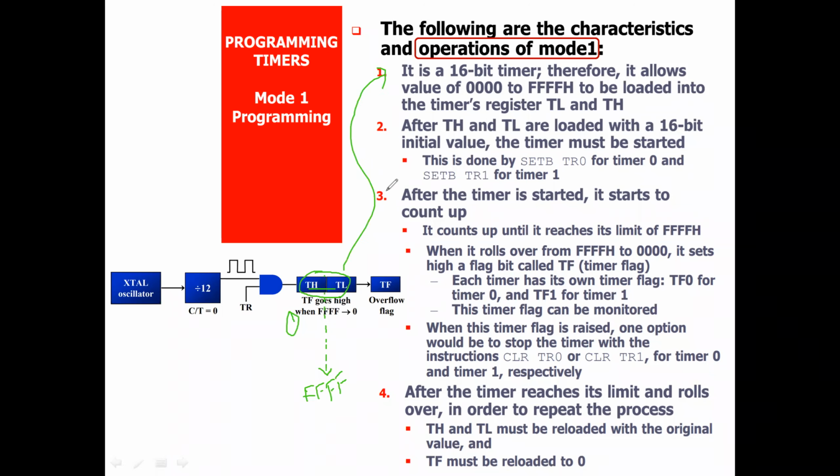The second step is that you want to run the timer. The third step is to check: once you turn on the second step, it will start to run, until there is an overflow. Overflow is when the maximum value rolls over to 0. Under such a condition, the timer flag will be set to 1 automatically.